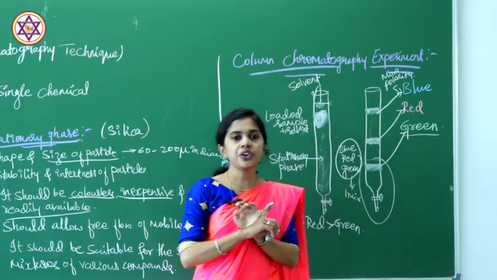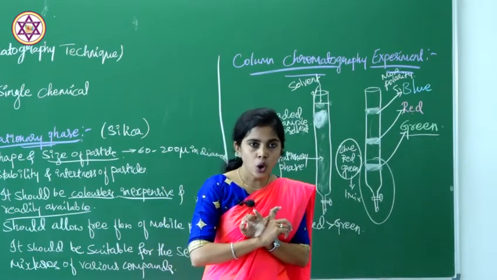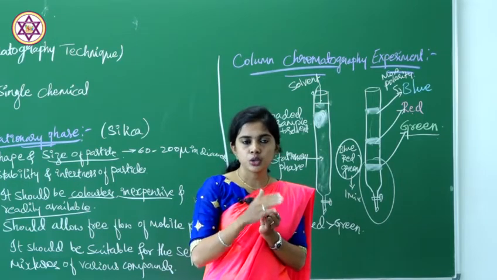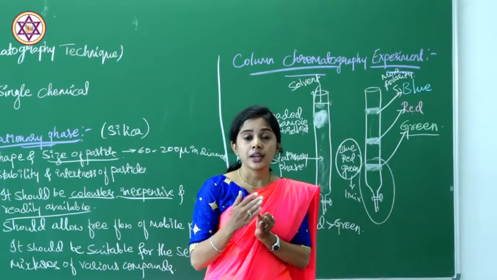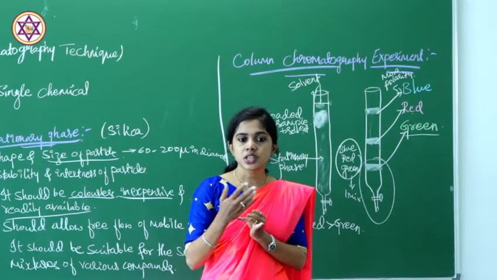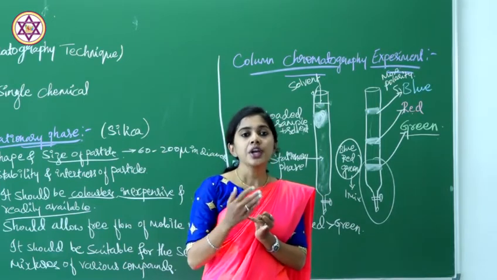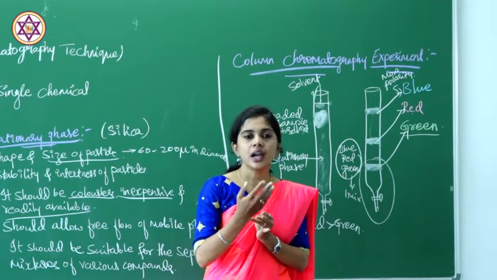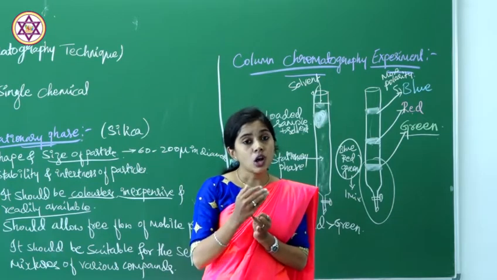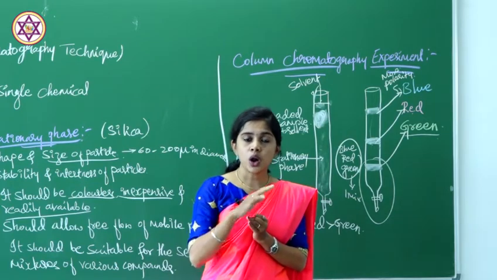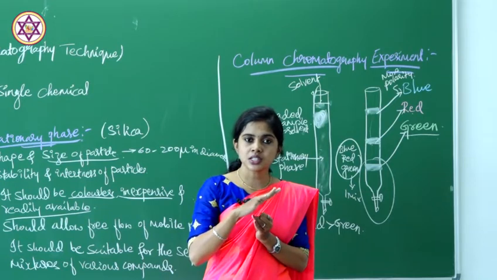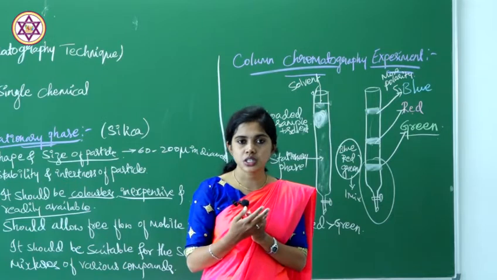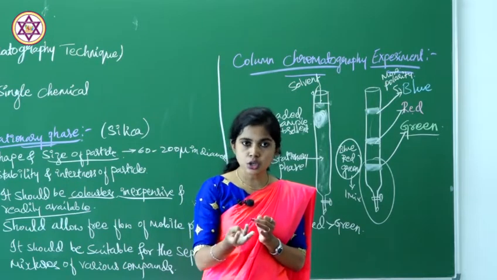Column chromatography is a technique to separate compounds in a mixture, depending on the kind of stationary phase and mobile phase. The mobile phase is acting as a solvent and developing agent, and the solvent is going to interact with and absorb on the surface, that is the stationary phase. An example of a mobile phase solvent that we are going to use here is acetone.